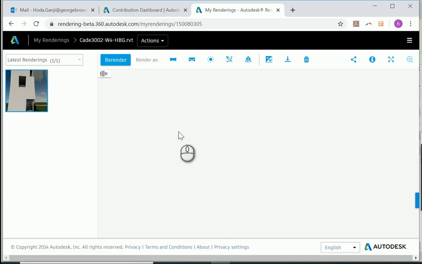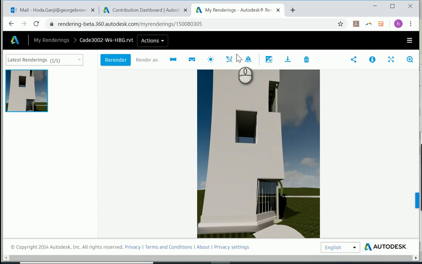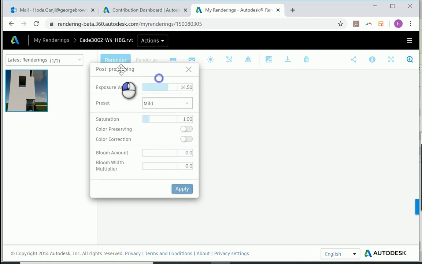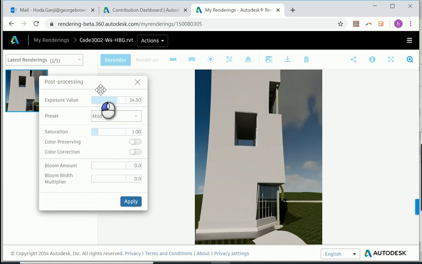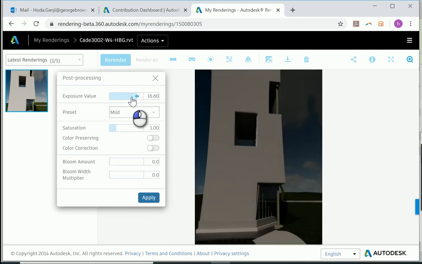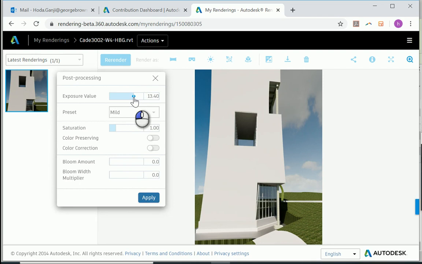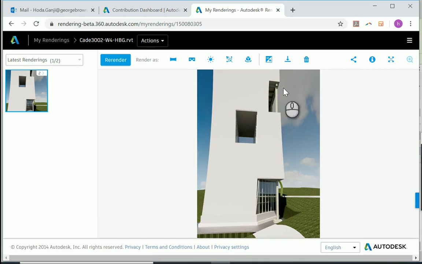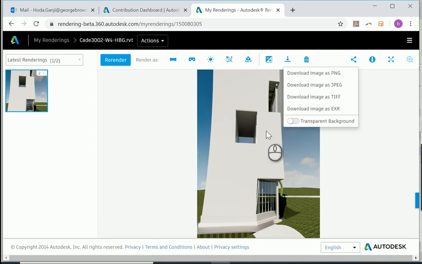So this is how Render-in-Cloud works. Notice that we also have some options here. One of the good ones is the post-processing. The post-processing option in Render-in-Cloud is just like the exposure value that we adjusted in regular render. So you can go with a lower value or higher value, and it's gonna affect the lighting. When you're done with the image, you can download the image from here as PNG, JPEG,